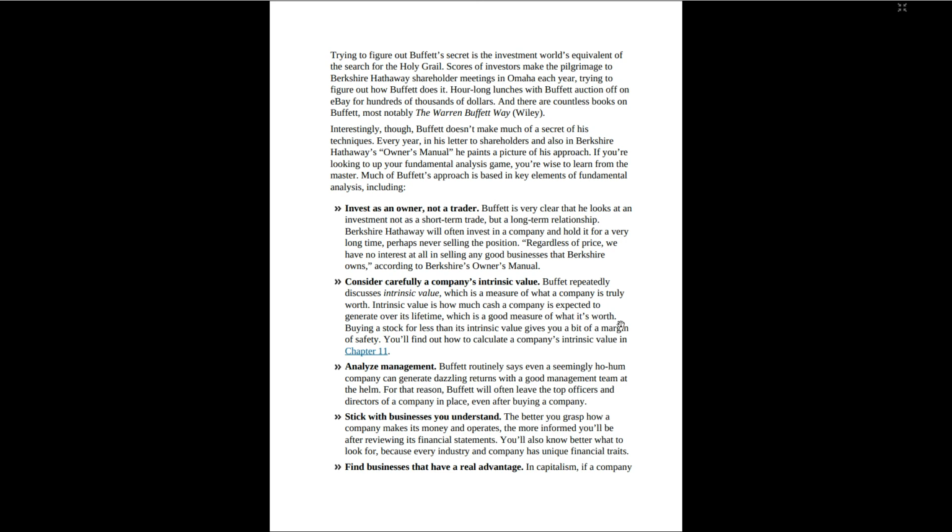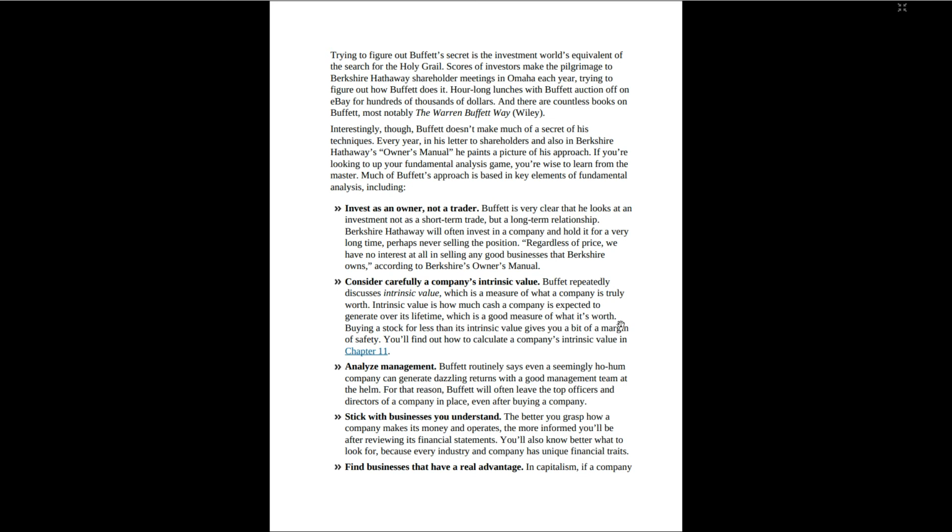Interestingly, though, Buffett does not make much of a secret of his techniques. Every year in his letter to shareholders and also in the Berkshire Hathaway Owner's Manual, he paints a picture of his approach. If you are looking to up your fundamental analysis game, you are wise to learn from the master. Much of Buffett's approach is based in key elements of fundamental analysis, including